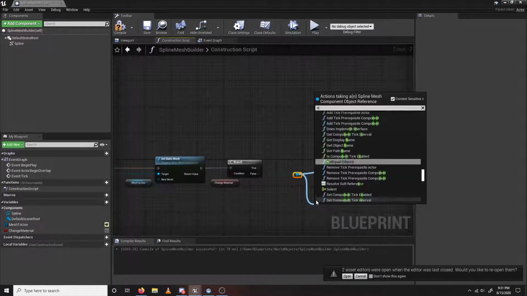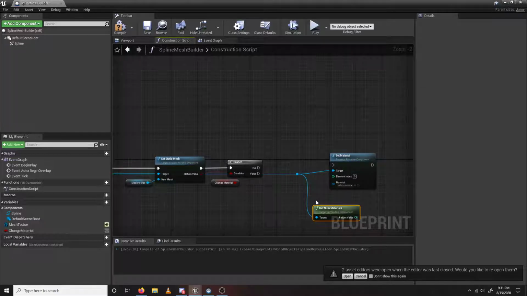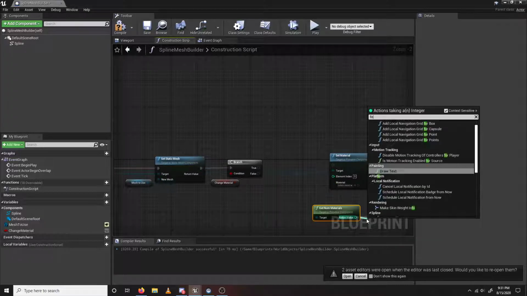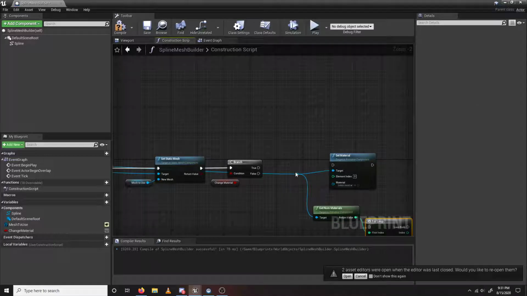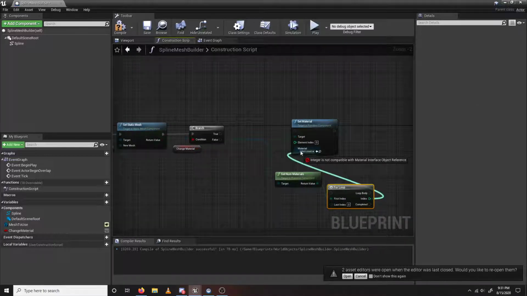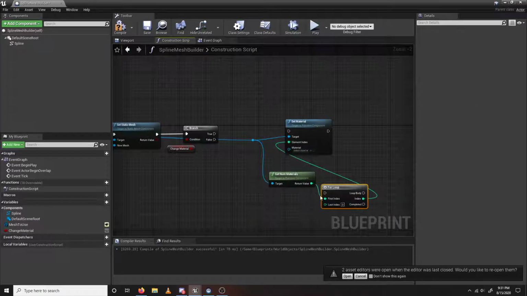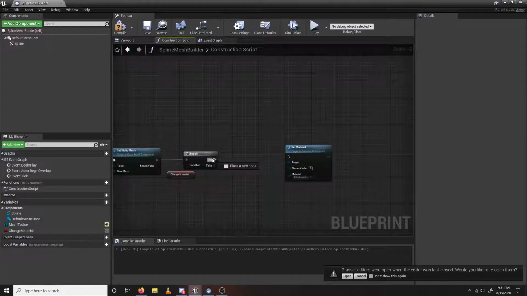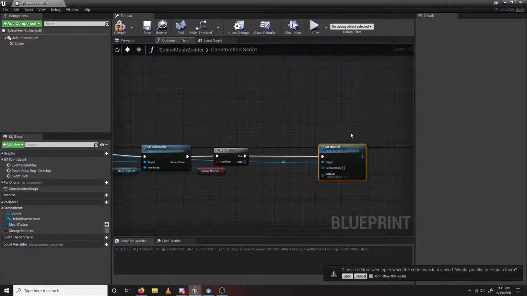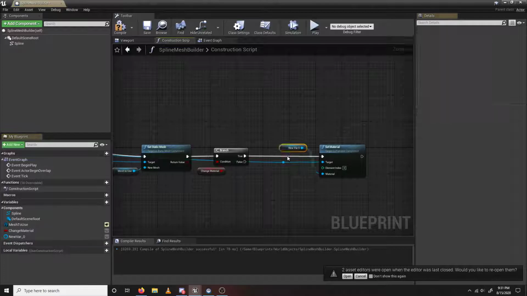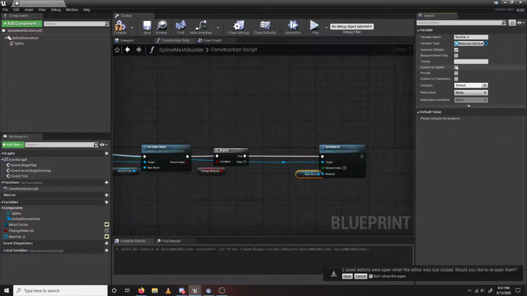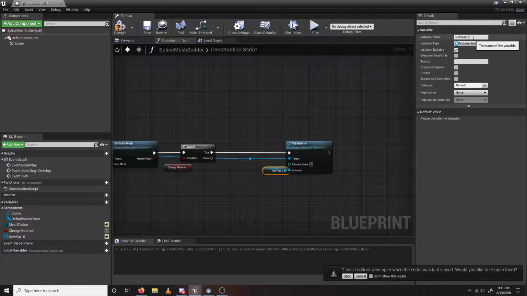And if you had more than one, you could do like get num materials and do like a for loop again through these to set each material index, and just drag the index into there. And you would want this to be the last index, probably -1. So we'll just drag that into true, and then we'll promote this to a variable. Set instance editable and expose on spawn, just like the other one, and then we'll say this one is material